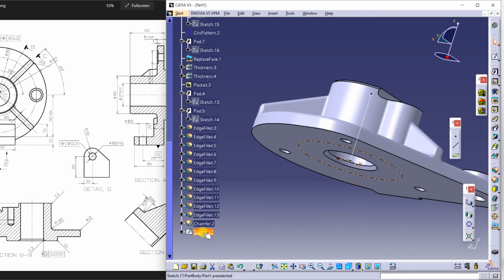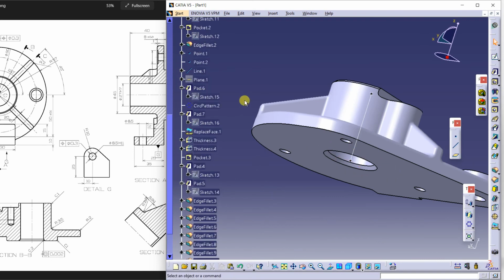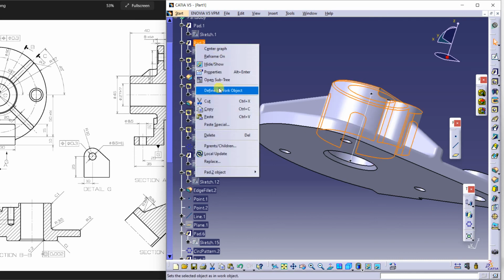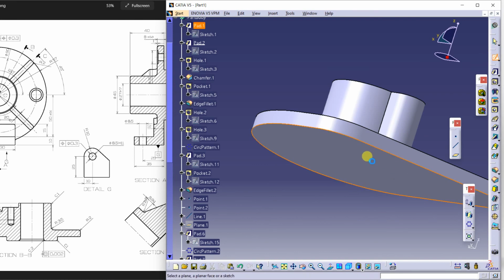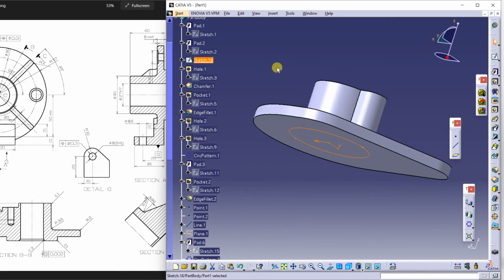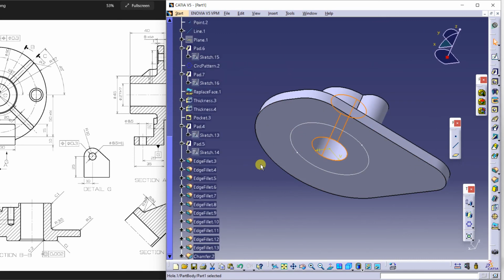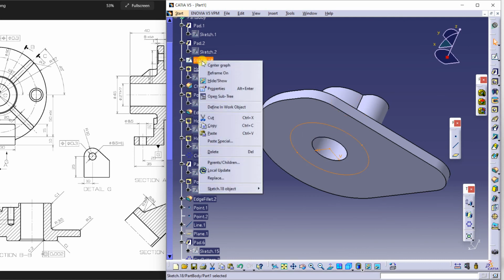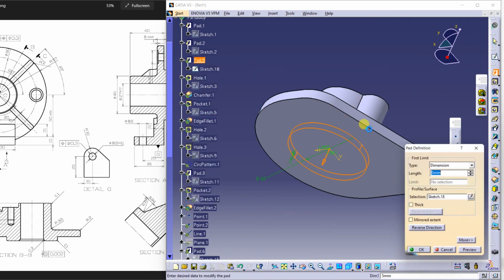I have this sketch, it is also not dragging, no problem, delete it. And here hole 1, and before this, right click and define work object, and here in between this I'm going to create this, and 60 is the diameter, finish. And this hole, define an object, okay, rest is the same. Come here, define and extrude it 5,